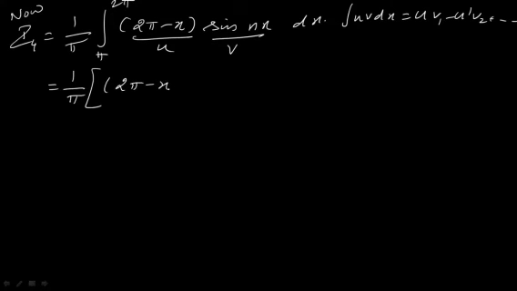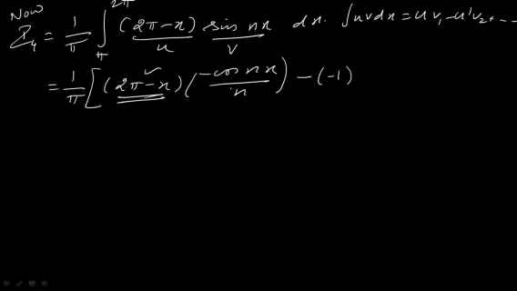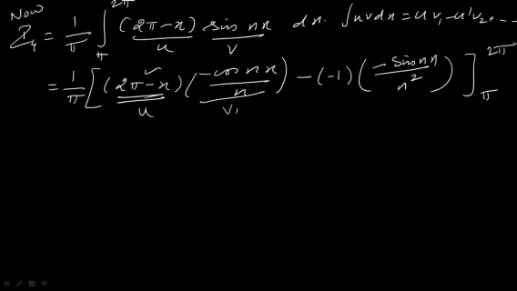So let me integrate this using that formula. U is 2 pi minus x, v1: while integrating sin nx, you get minus cos nx divided by n, minus u dash. U dash is nothing but differentiating 2 pi minus x. So when differentiating 2 pi, you get 0, minus x. If you differentiate x, you get 1. So before that you have minus, so you get minus 1 of. So now you integrate this. So this is your u and this is your v1, isn't it? Integrating this, what do you get? Minus 1 by n as constant, take it outside. Integrating cos nx, you get sin nx divided by n. So already you have one more n in the denominator, so you get n square. So the limit is from pi to 2 pi.